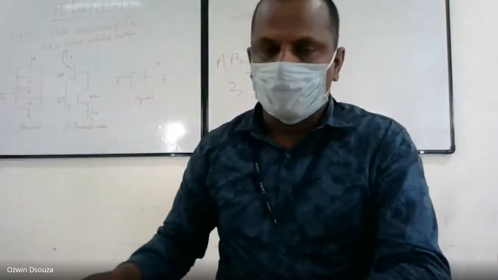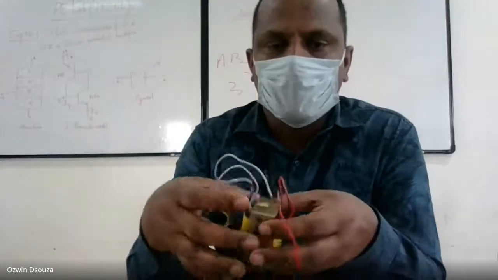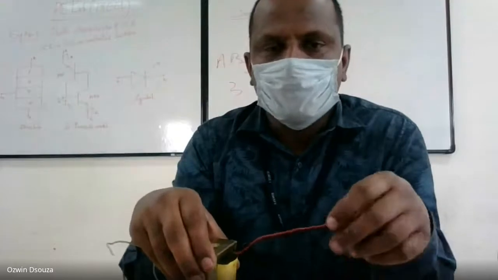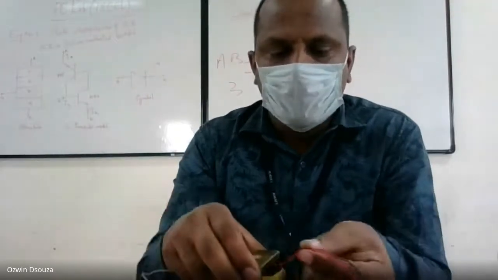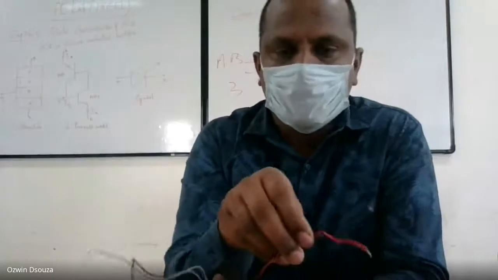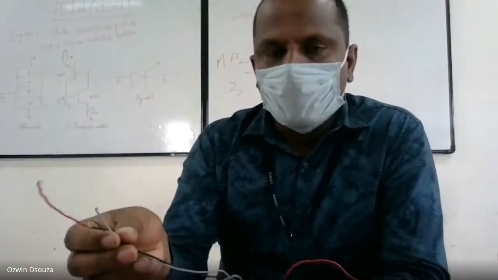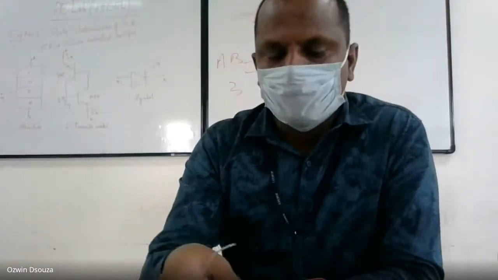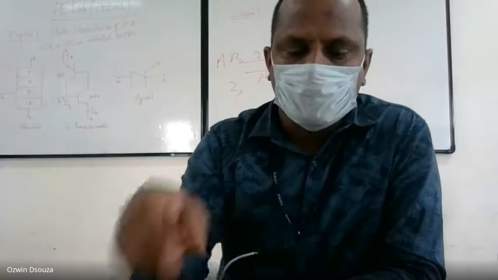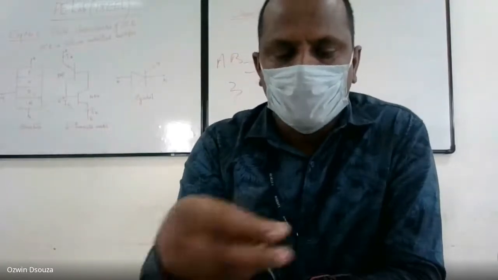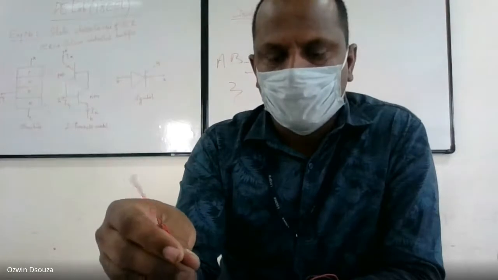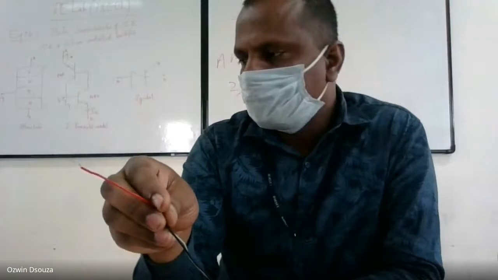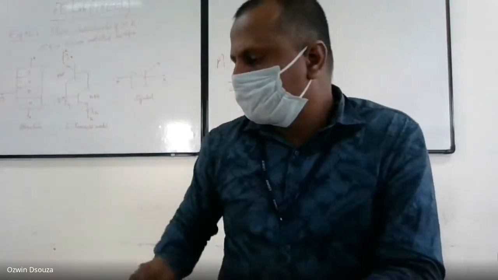This is a transformer. You know transformers: step down, step up, auto transformer, like that. Now we're using only a step down transformer. This is the primary and this is the secondary. This takes 230 volts input and gives whatever is required, 12 volts, 24 volts. This is 0, 12 to 0, 12 to 0. So if you want 24 volts, you have to connect to 24 volts. If you want 12 volts, you have to connect to 12 volts, depending upon the circuit design.